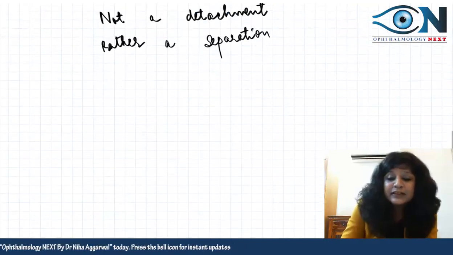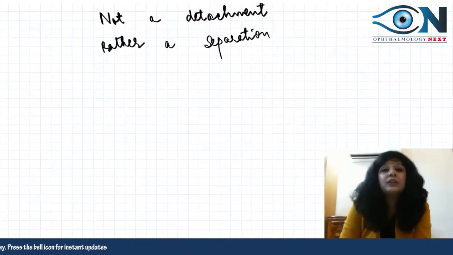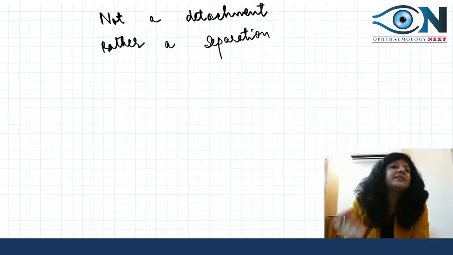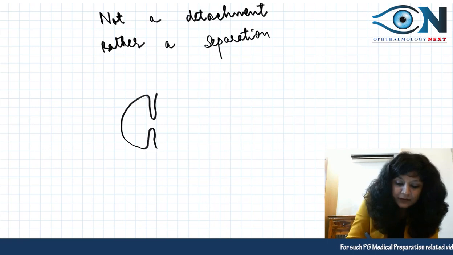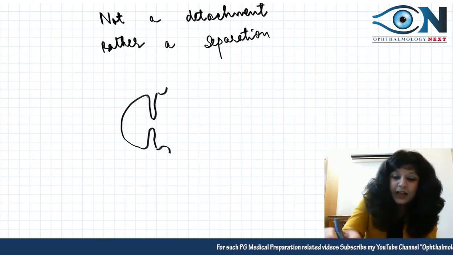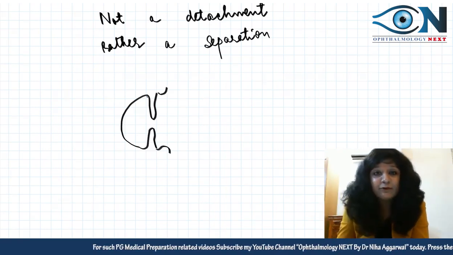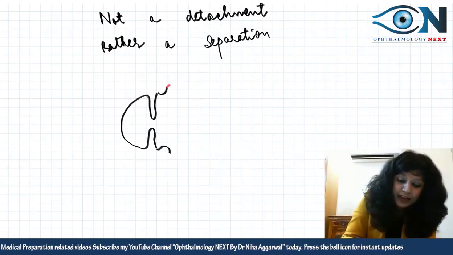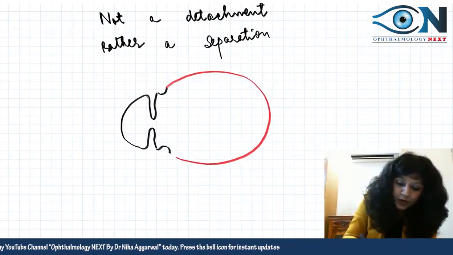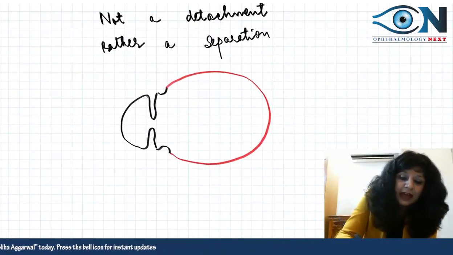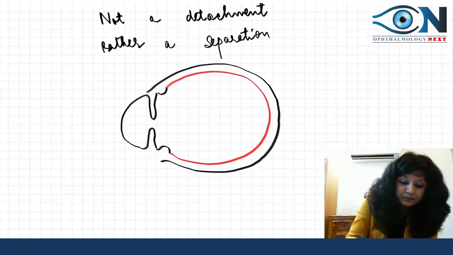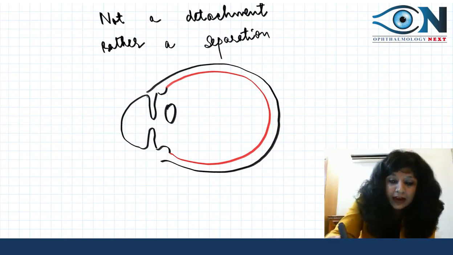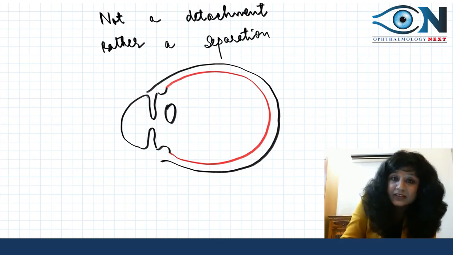Now, before understanding this separation and detachment, you should know the extent of the retina. So let me draw a diagram here. This is the iris. Then we have the ciliary body, right? And as you know, I always follow the color code. So the ciliary body will continue into the choroid. The red one is the choroid, and the outer is the sclera, the black one, right? And here we have the lens, and innermost. Now here, this is important.